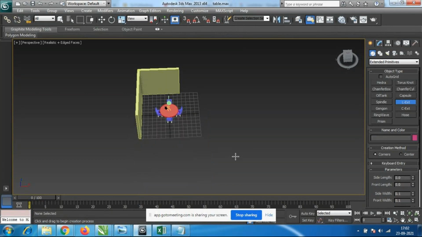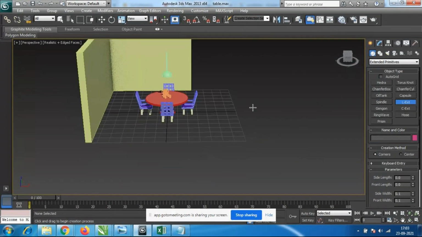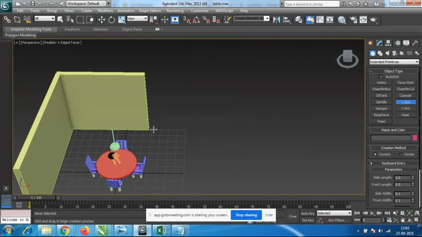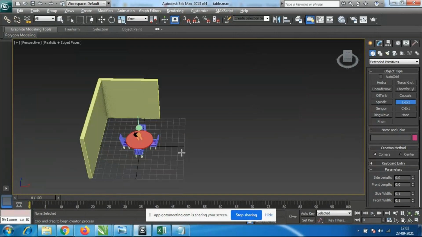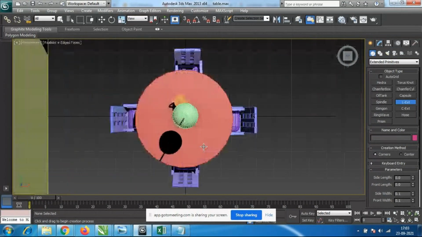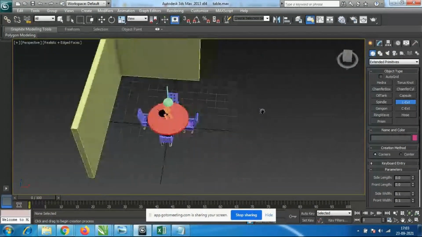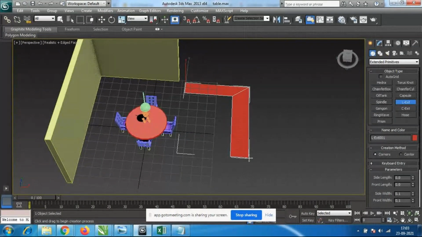Okay, so what you have to do, anywhere L extension, I'll click on here, however much the thickness of this wall. Go to here, come from the top view. Don't go to top view. In the perspective view only, you have to keep it like this, and you have to add the designs like this. It will come like an L shape.